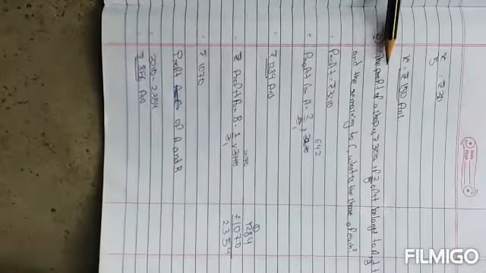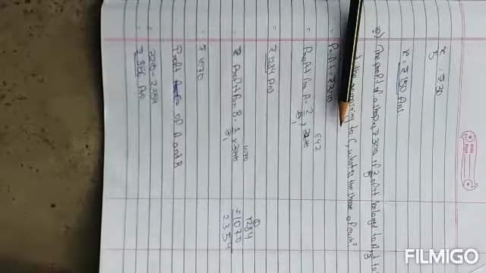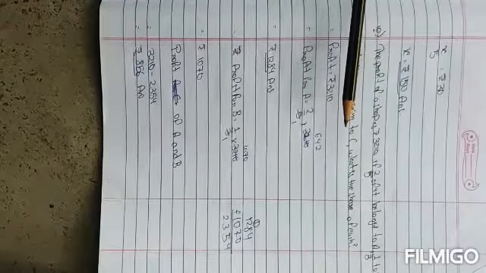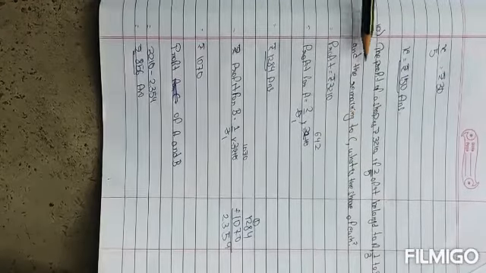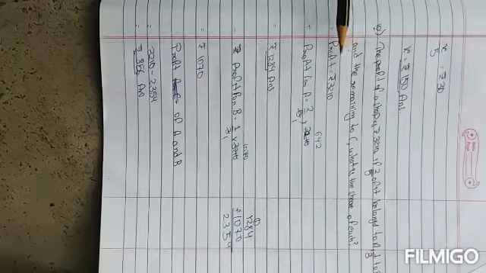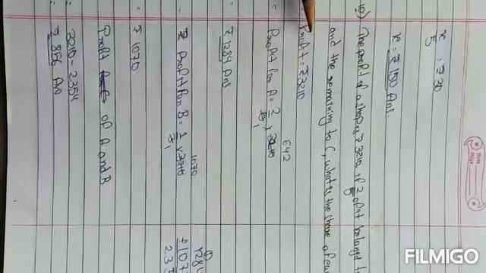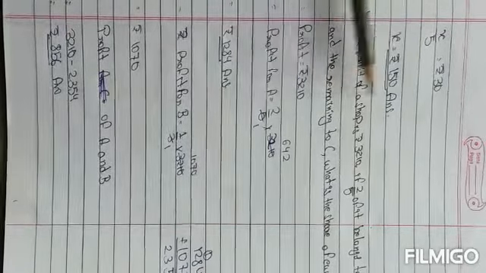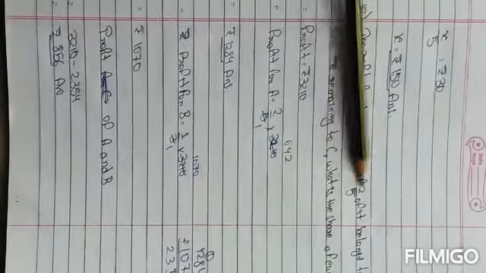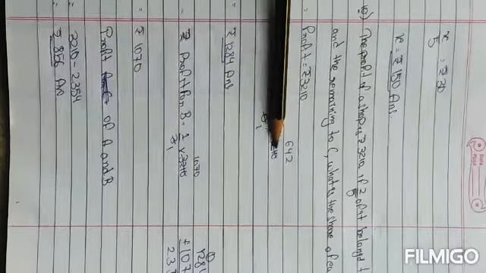Now see question number 10. The profit of a shop is rupees 3210, if 2 by 5 of it belongs to A and 1 by 3 belongs to B and the remaining belongs to C. Then what is the share of each? What it's given, profit equals to rupees 3210. Then you have to find the profit for A, because already the profit for A it's given there, means here it's already given in the ratio form. So you have to write there 2 by 5 into total amount 3210.